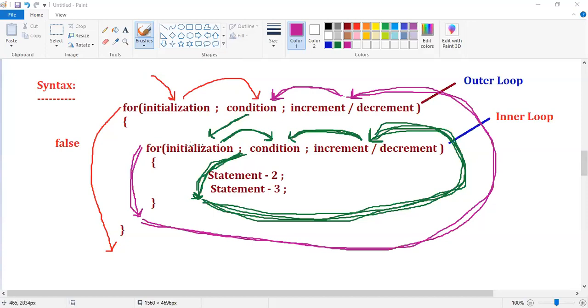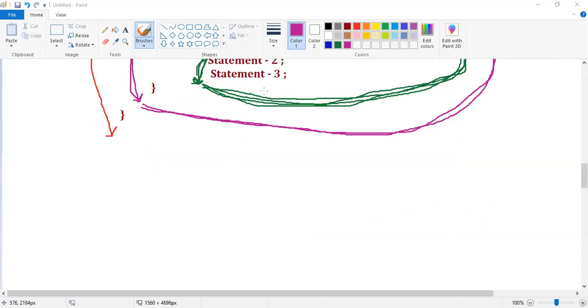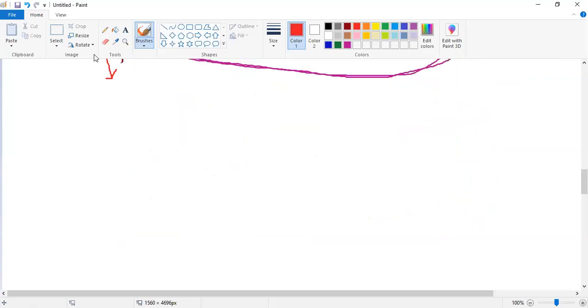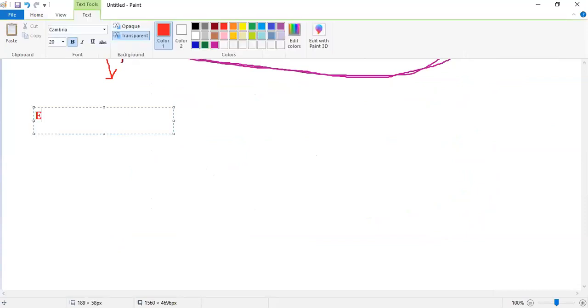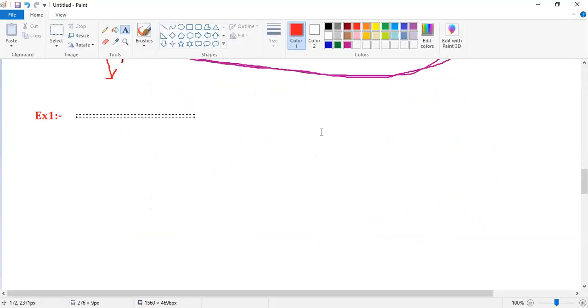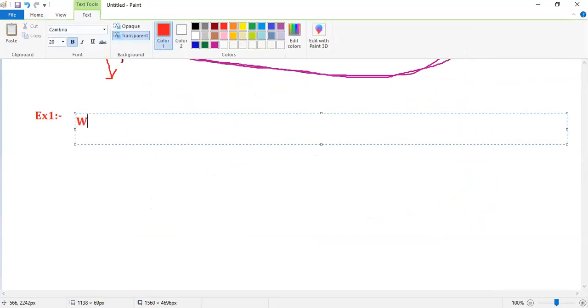Now check one example, guys. Write a program to display the following output.